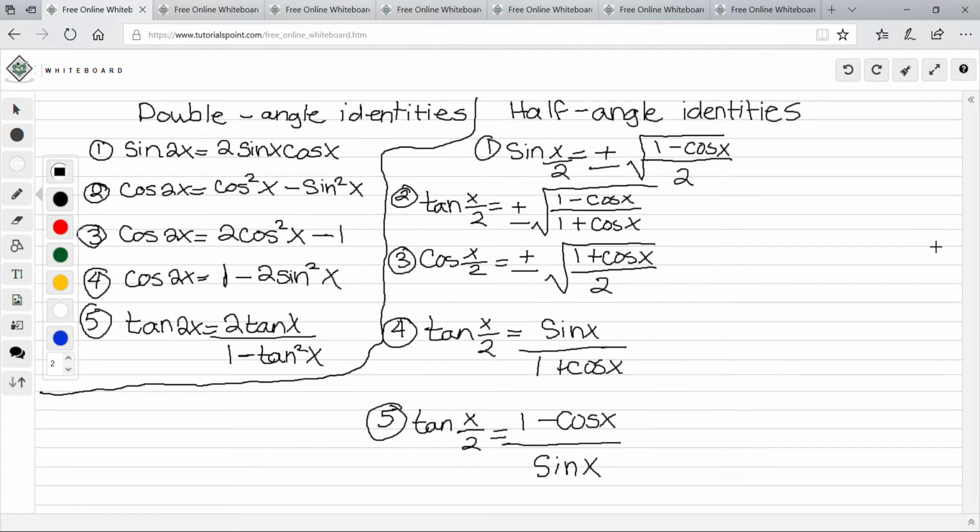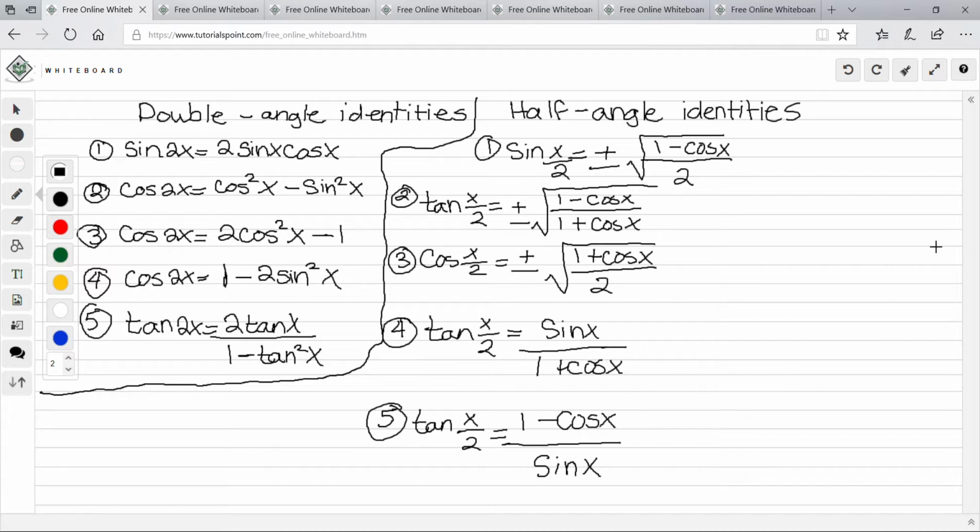Okay, so today we're going to learn about trig double angle and half angle identities. Before we do any problems, let's go over the double angle identities and half angle identities. On the left side we have the double angle identities where you have sine 2x equals 2 sine x